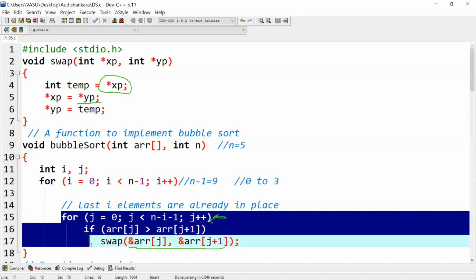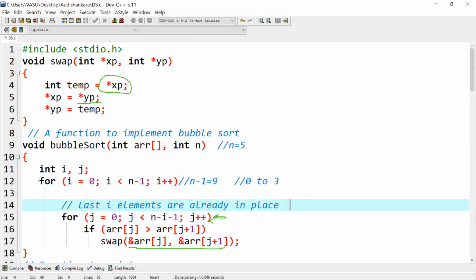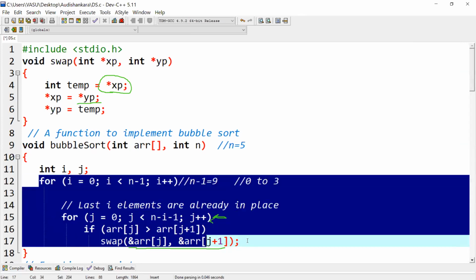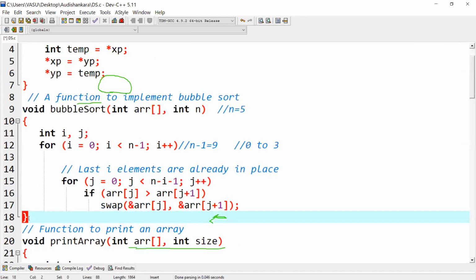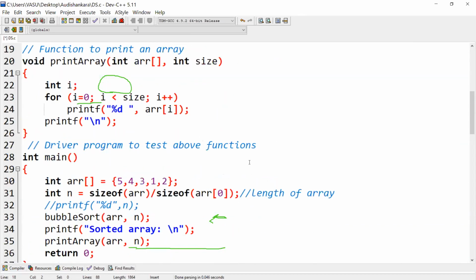Then again this for loop will execute until this condition is false. Like this, this whole for loop will keep on executing. And once we come to the end of the bubble sort function, my execution pointer will return back to where it left from.